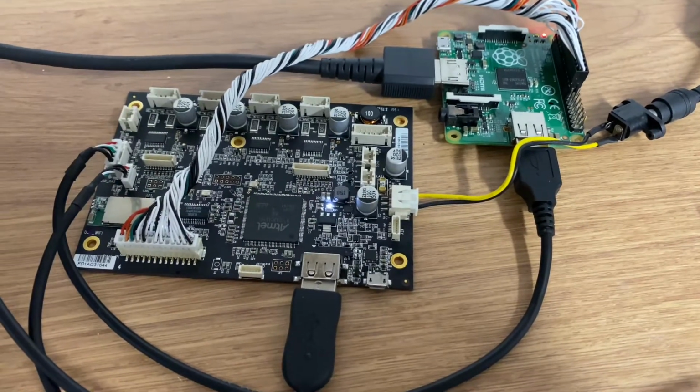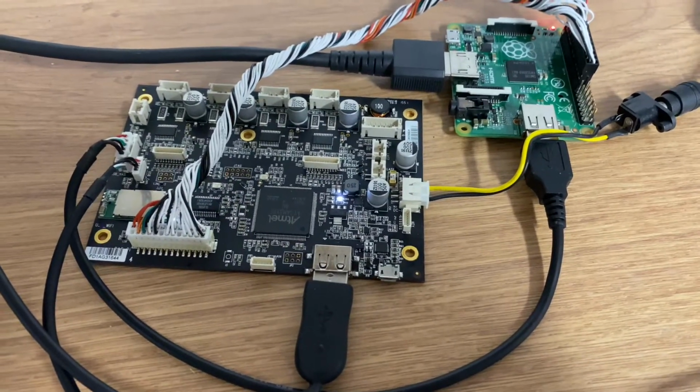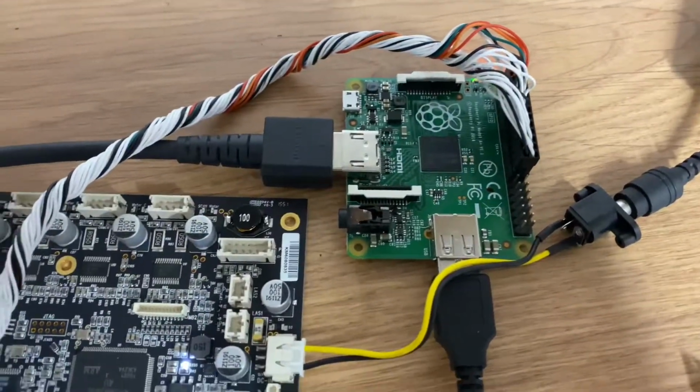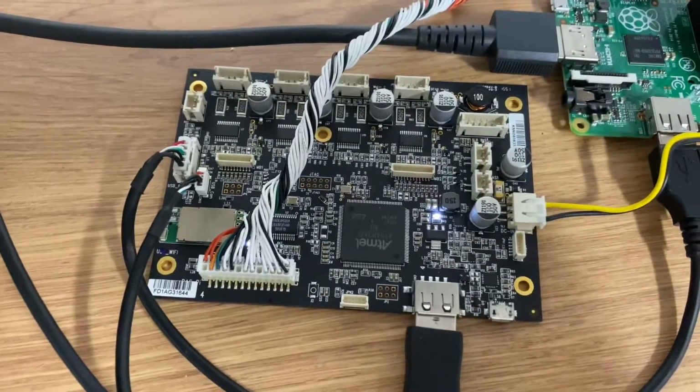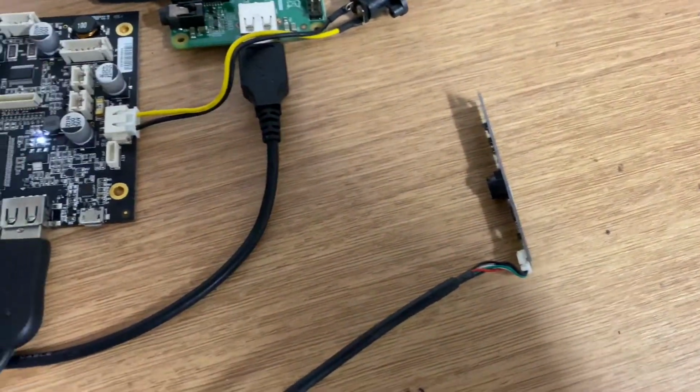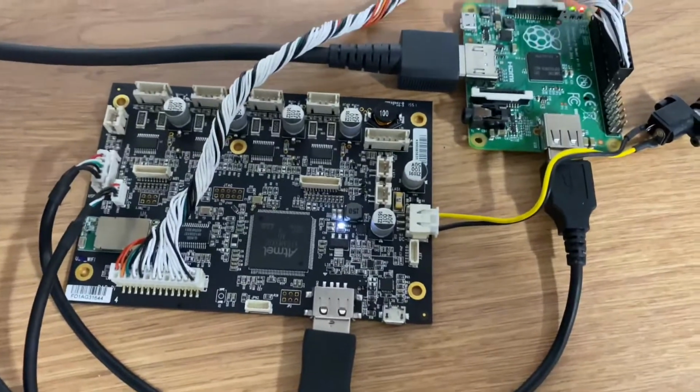These are parts that I salvaged from my Flux Delta: the Raspberry Pi, the main control board, and the camera module. Just for fun,